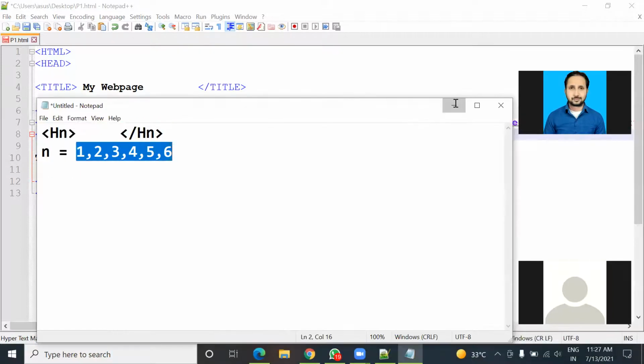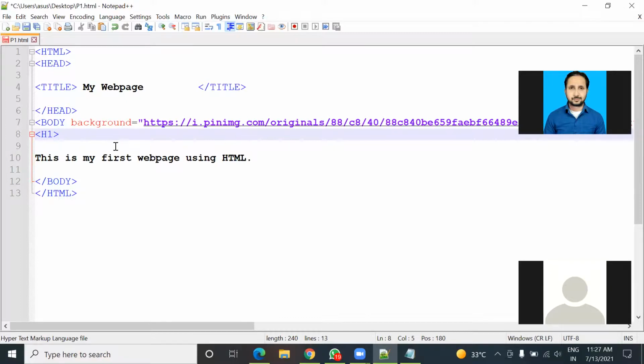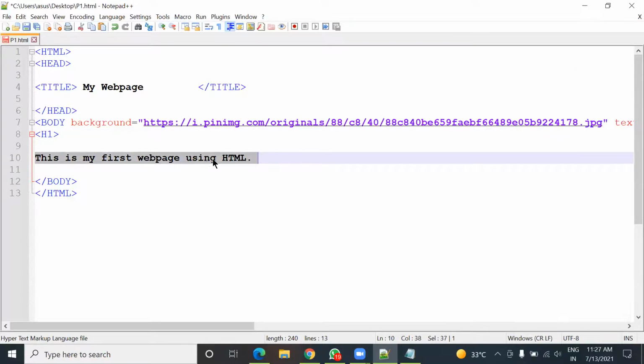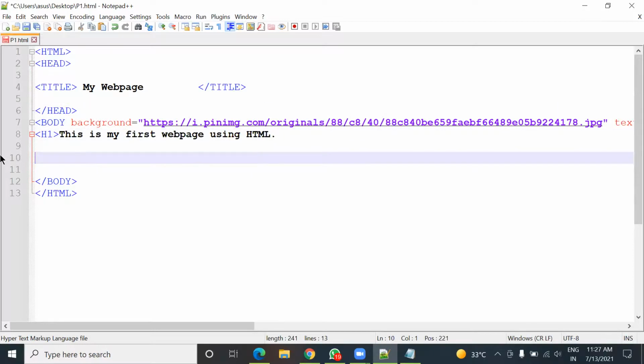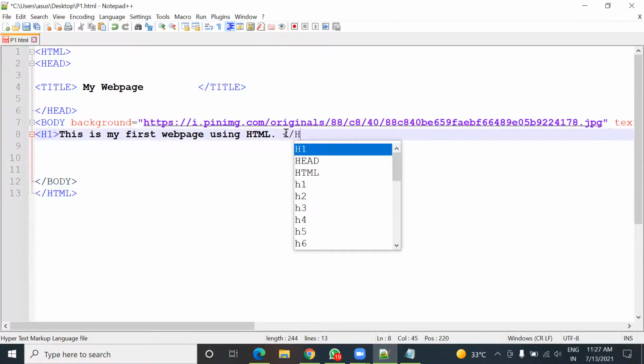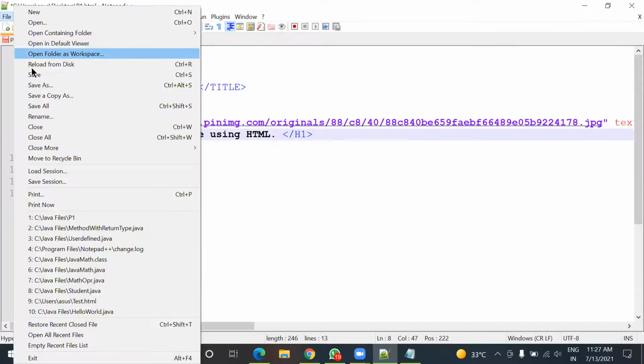So just see here. I copy this text and paste it here, delete, and here I am using H1, and then I have to close this H1 because H1 is a container tag.